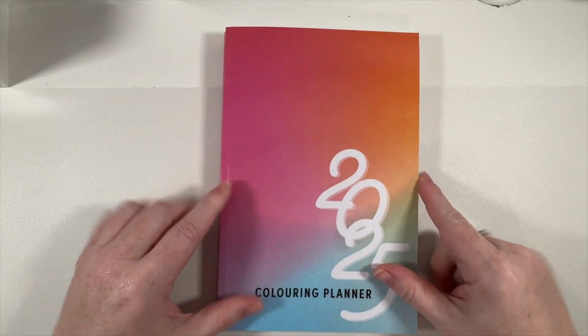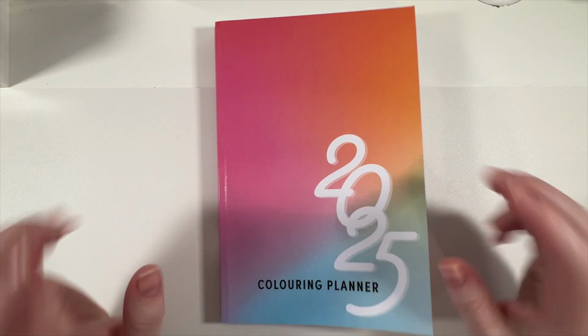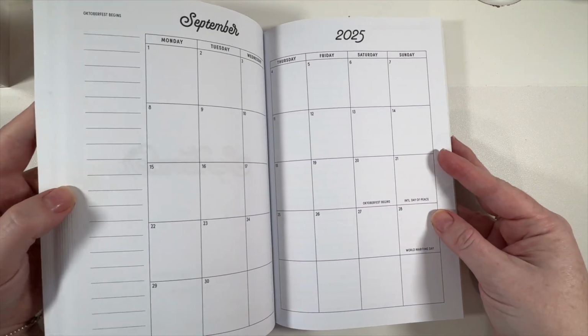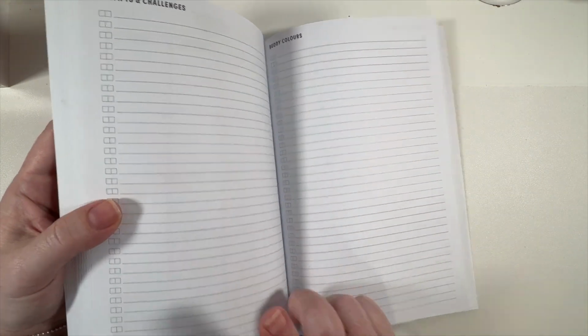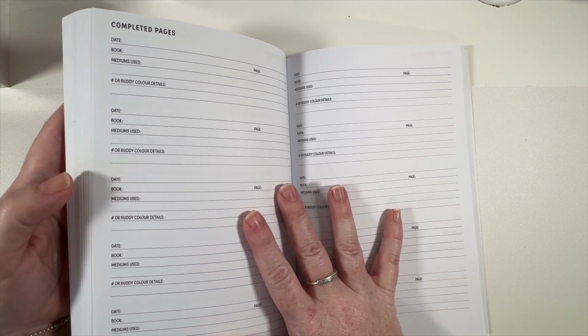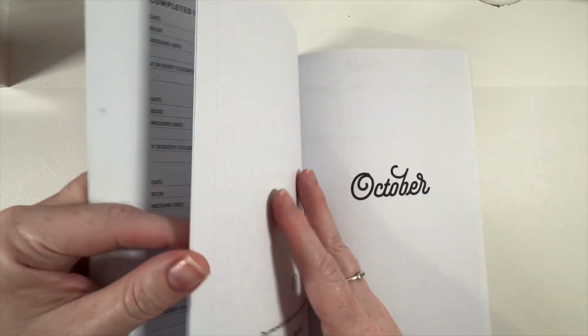I am super excited to share this resource with you. It is the 2025 Colouring Planner, and it is created by me. It is the place where you can record all of your colouring adventures for the year. We have places for prompts and challenges, places for buddy colours, and a place where you can write down all the information about the pages you complete in the month. We also have